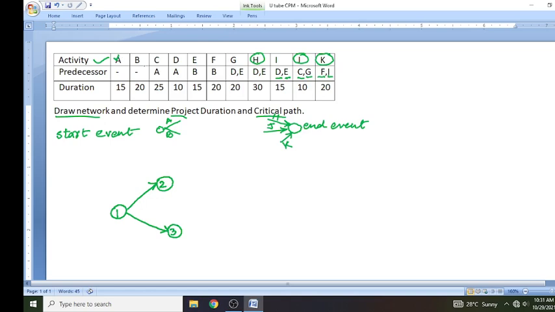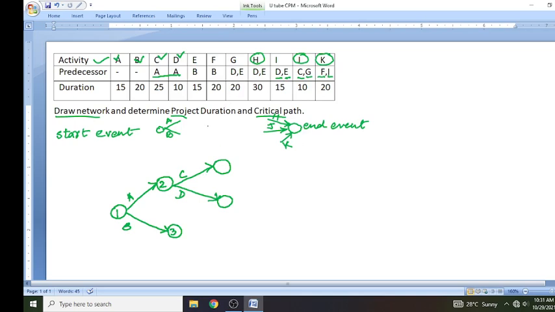Now C and D both will start after completion of A. Simple. We will draw 2 arrows like this here, C and D.